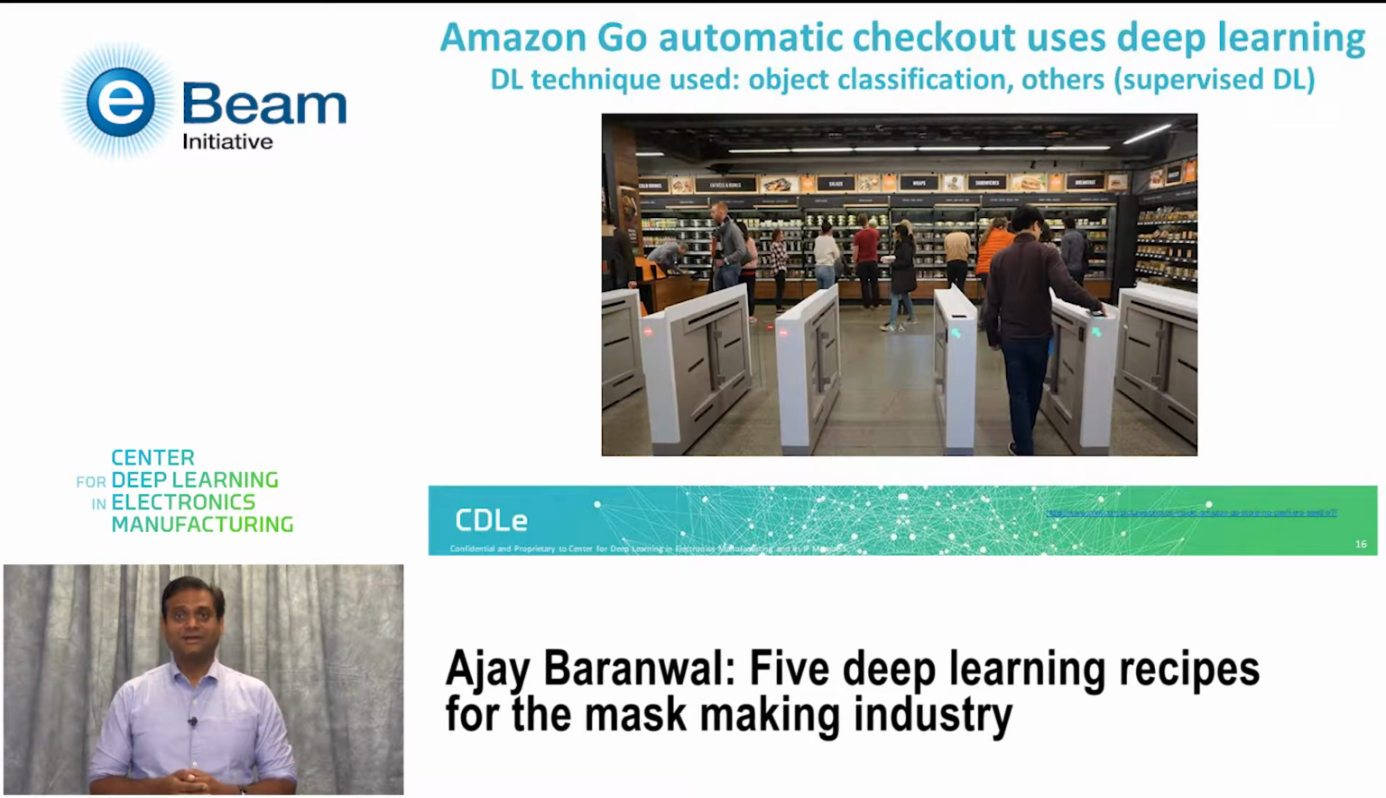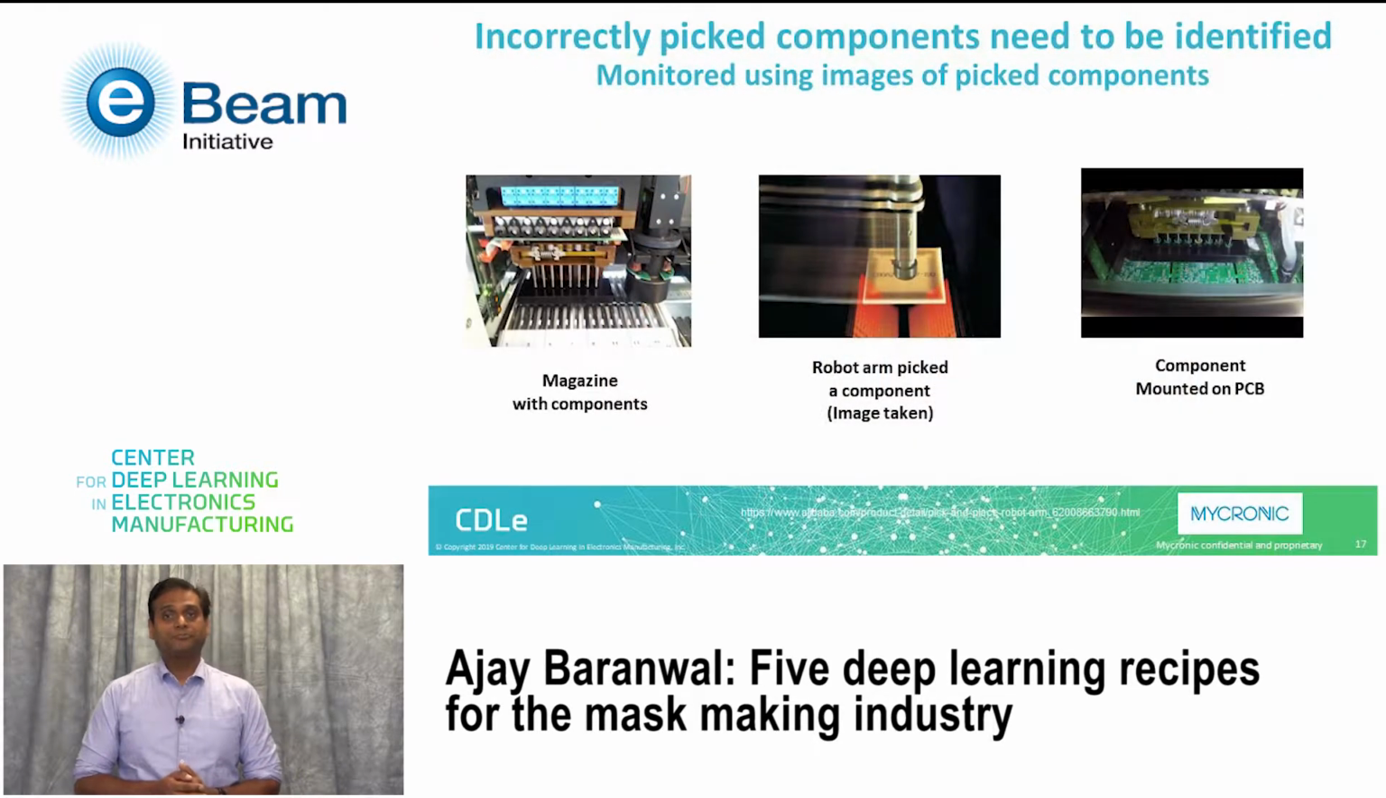Amazon Go is a physical store which does not have registers. So pretty much you walk into the store, you pick the stuff you want to buy, and just go out. You do not need to go to a checkout counter. This is possible with a bunch of deep learning techniques. The most prominent ones are object detection and object classification, and we actually use the object classification for the pick and place